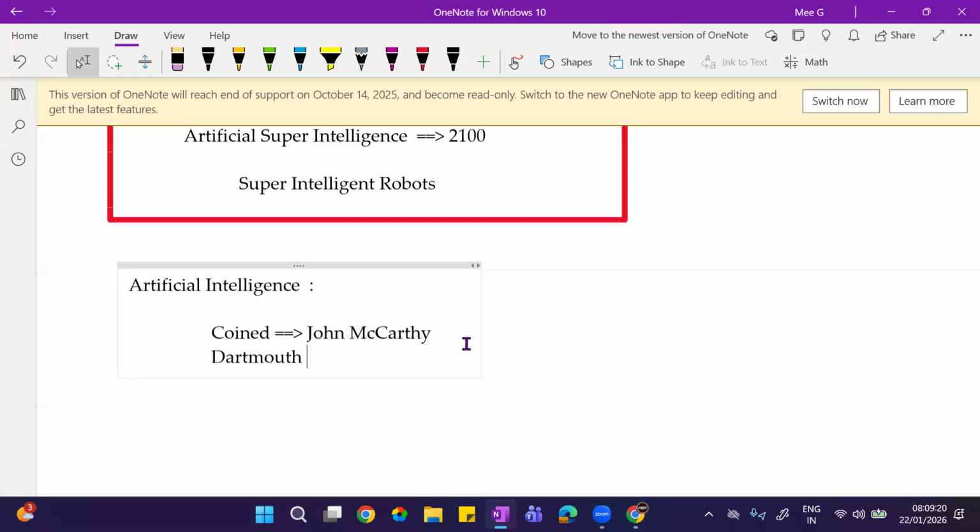Dartmouth College still exists, and this college is part of MIT, the Massachusetts Institute of Technology. It is under the MIT University. And they conducted a conference. They call it the Dartmouth Conference.